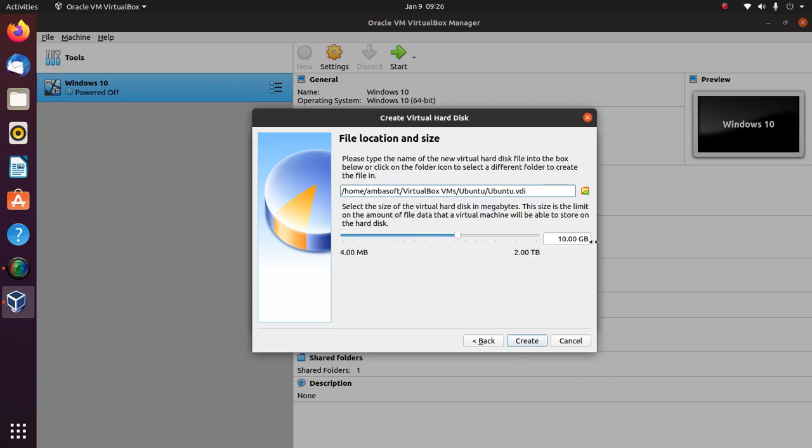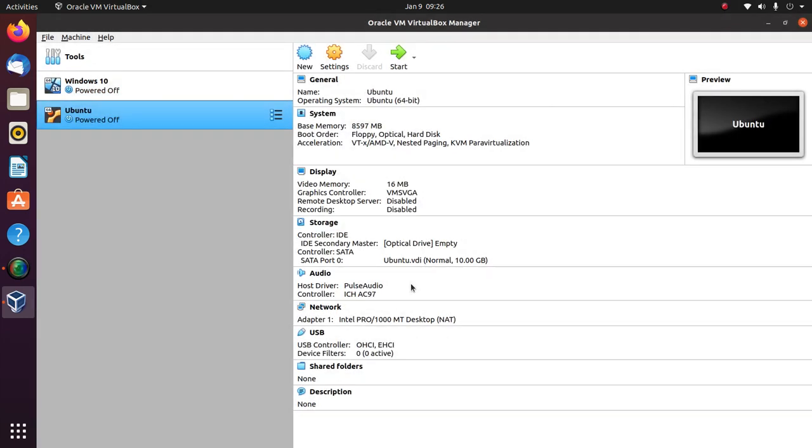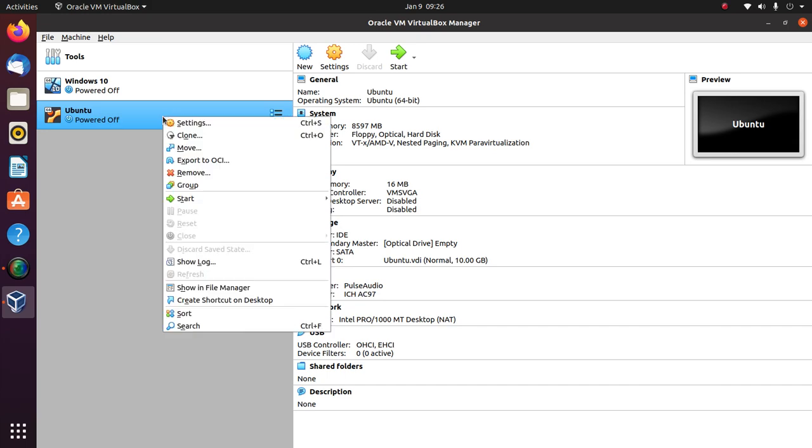Next, what is the size it is recommending? It is 10 GB. So this is the location in which our virtual hard disk for Ubuntu is created. Now we are done with creating a virtual machine and hard disk. Now we are going to install a boot image as well as the Ubuntu operating system, using the image we have downloaded, in this particular virtual machine. Right click, start, normal start.